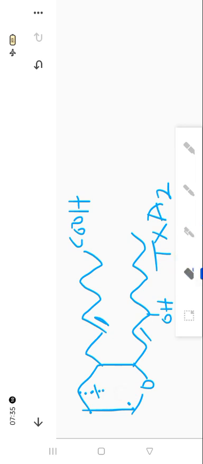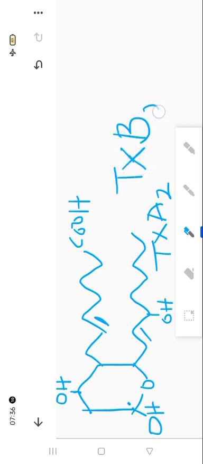And what happens eventually is that a diol is formed, a diol is seen on the oxane ring. This is one hydroxyl group, and this is another hydroxyl group to form a diol on the oxane ring. So this is a more stable compound, which is our thromboxane B2. So thromboxane B2 is more stable compared to thromboxane A2. So that is all for the structure of